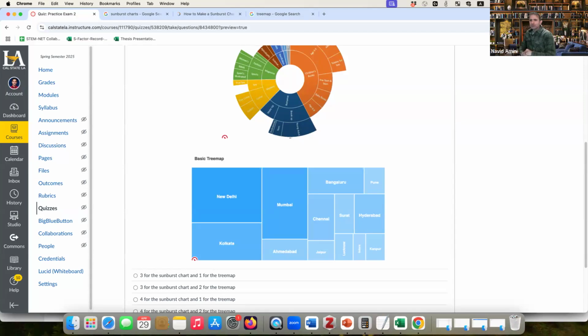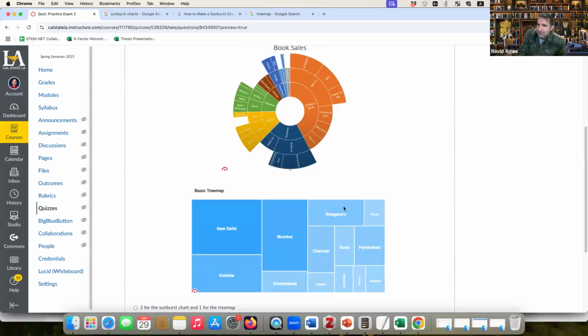Is it 1 or 2? So pretty much when you have a bunch of categories, there must be a parent category, right? Yes. So you have the parent category, which is cities in India, and then level 2, we have these cities. So it is 2. So if I want to convert this into